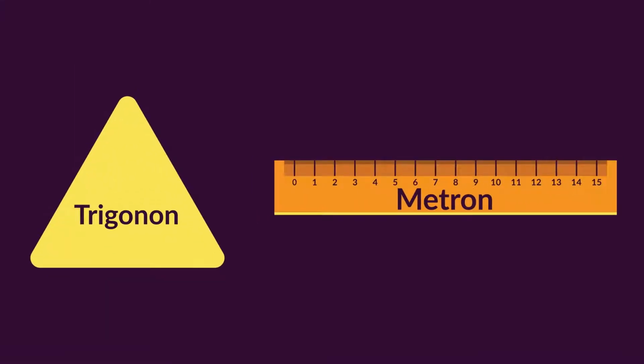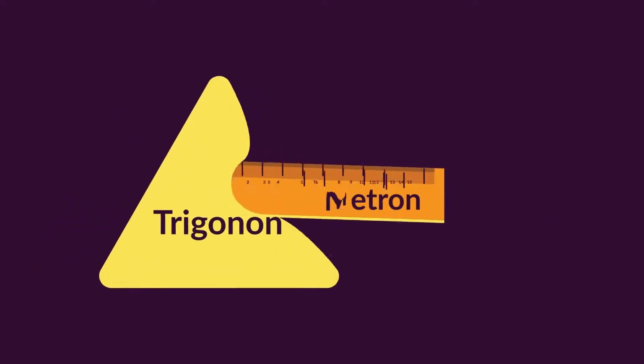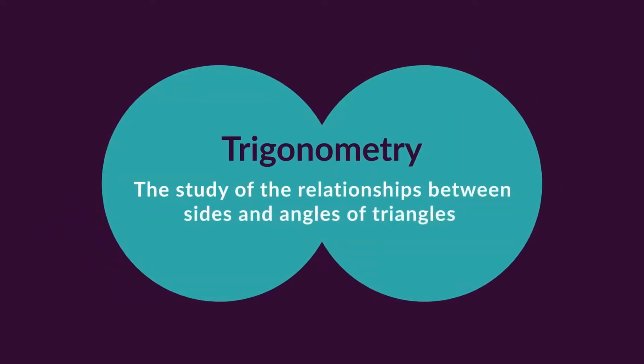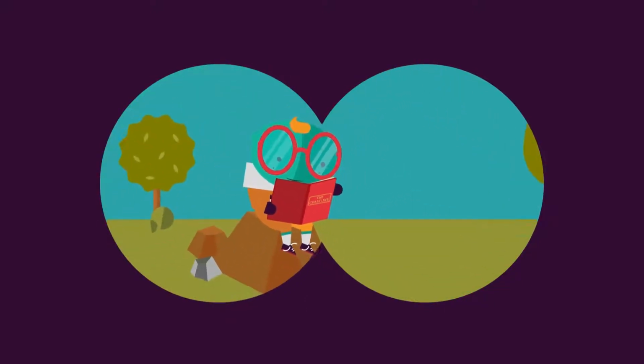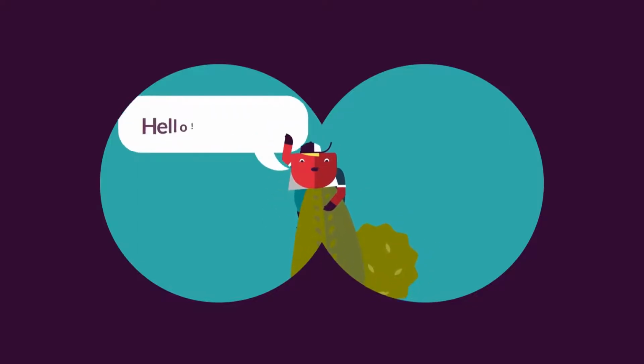Trigonometry, which comes from the Greek words trigonon, meaning triangle, and metron, measure, is the study of the relationship between sides and angles of triangles. It is applied in everyday life for things like navigation, to finding the height of an object, to calculating structural